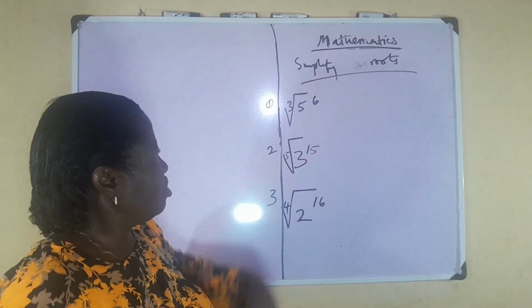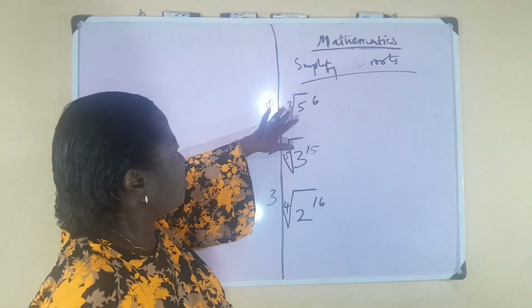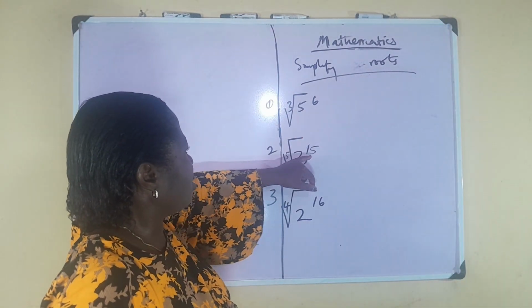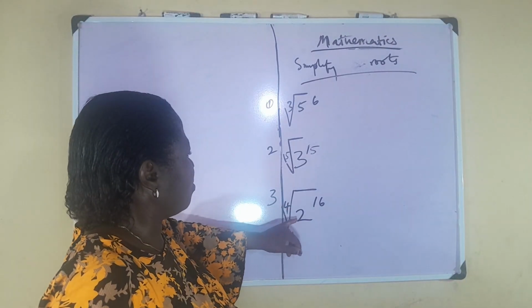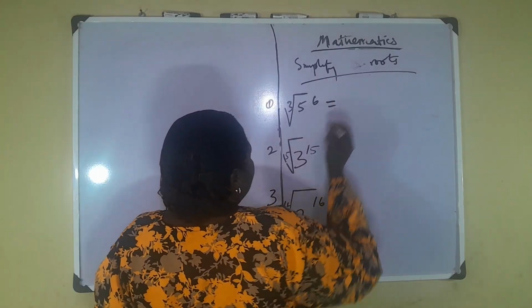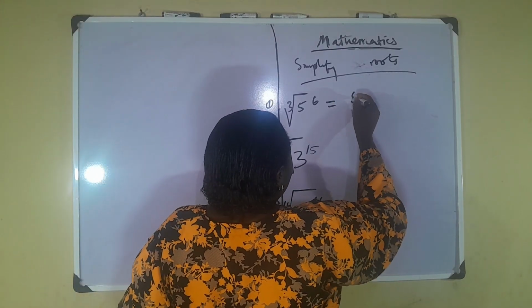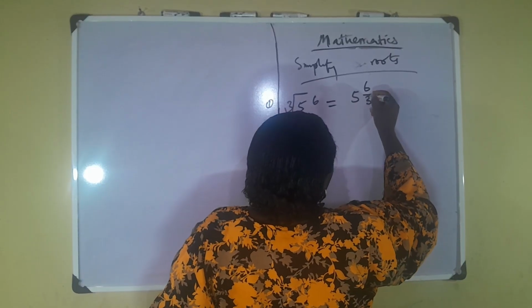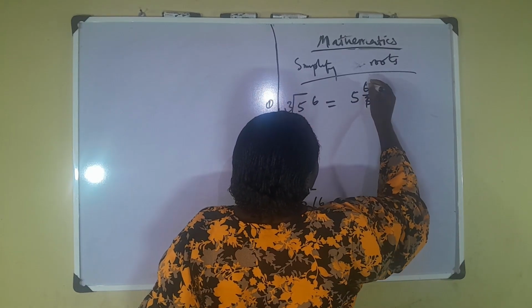Let us simplify these roots. Cube root of 5 raised to the power 6. Fifth root of 3 raised to the power 15. And fourth root of 2 raised to the power 16. It is very simple. 5 raised to the power 6 over 3, which is 3 divided 1, 3 divided 2,